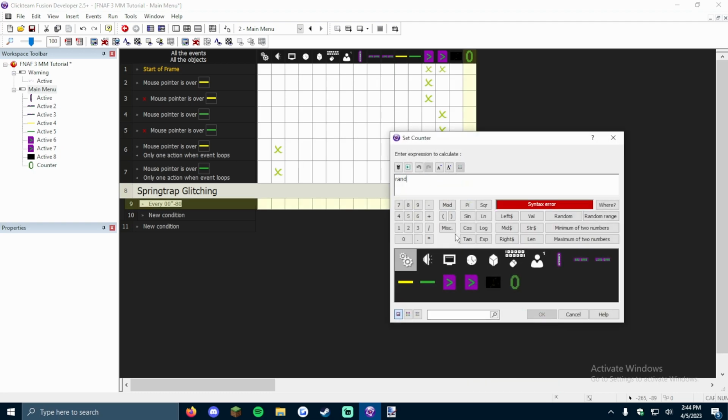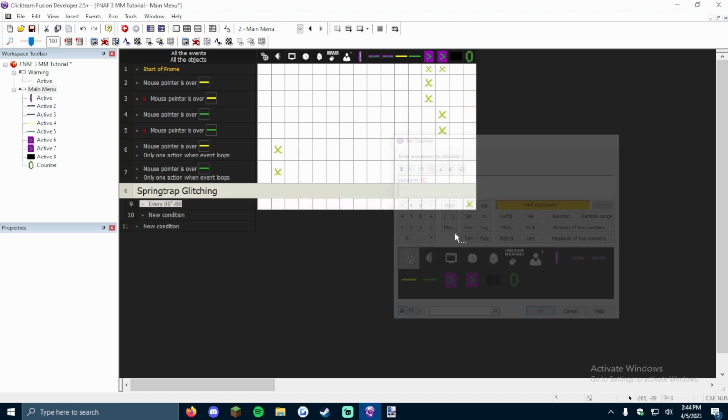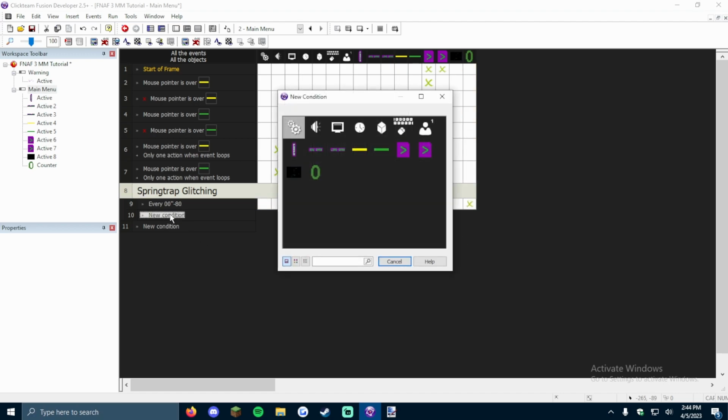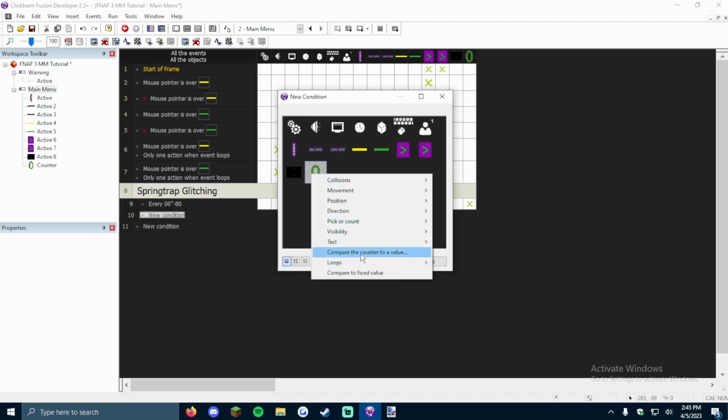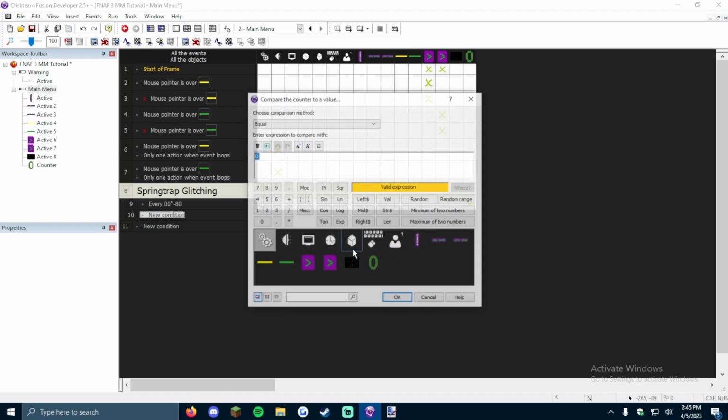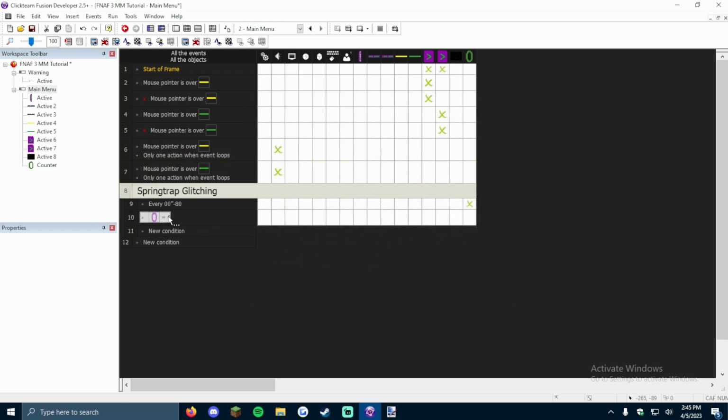So random in parentheses 10, and then new condition, and then counter, compare counter to the value. Click on it, and then compare counter to the value. Sorry, and then equal, and then to 0. So if it's equal to 0,